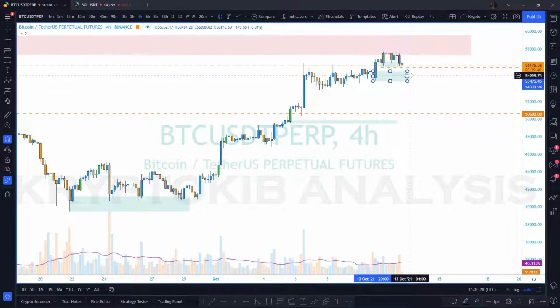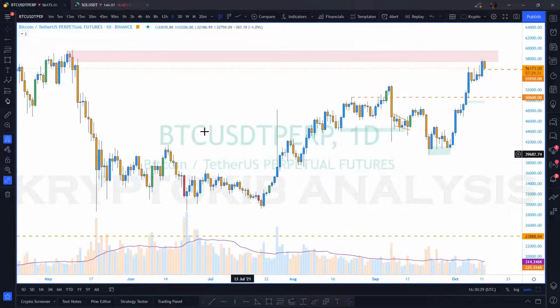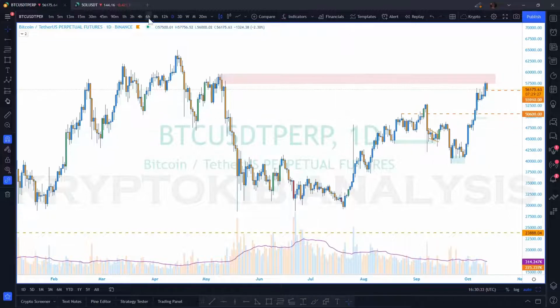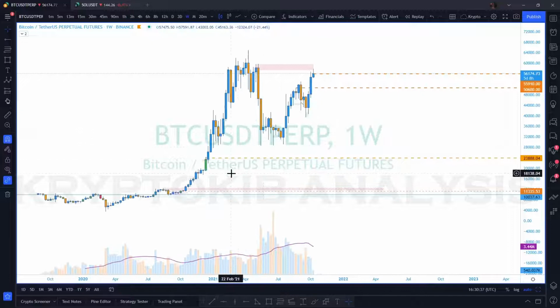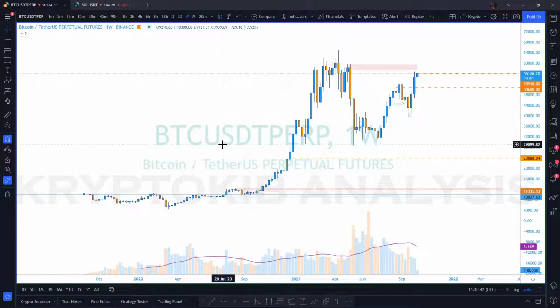We all expect Bitcoin to break this particular region because it is a very big deciding factor for BTC. If BTC does not break it, then we are likely to go further. And this has to do with the Bitcoin structure. So if we look at the structure on BTC,